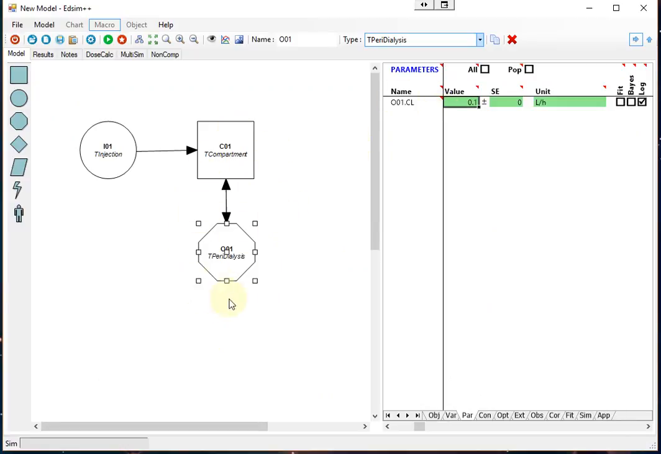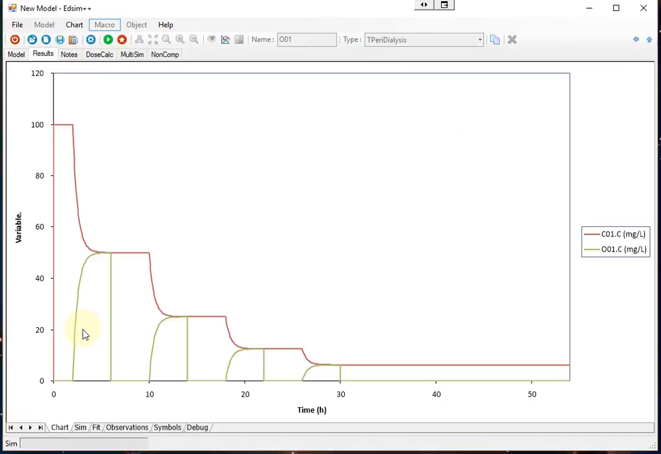So it's the distribution clearance between the compartment and the peritoneal fluid, and I will simply increase it by a factor of 10, so 1 liter per hour. And now simulate it again. Then you see that you get equilibrium. Now it's fast enough to get equilibrium. And what you also see is that the concentration is about halved with each